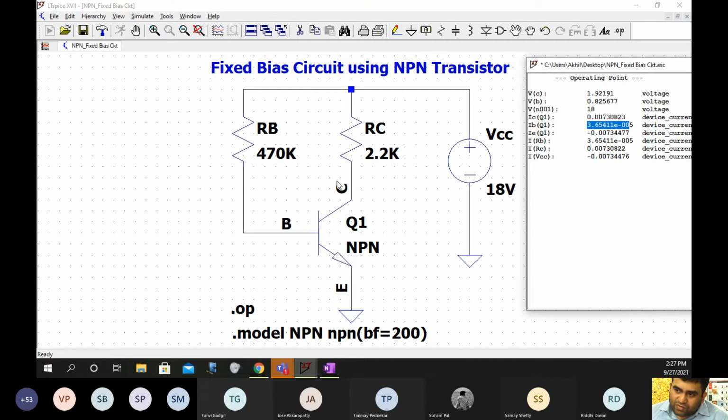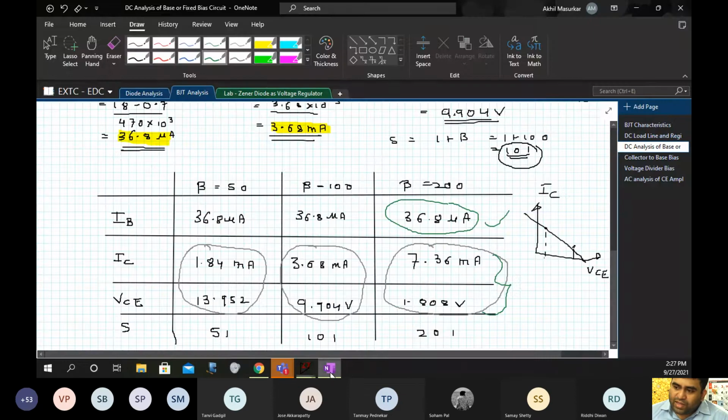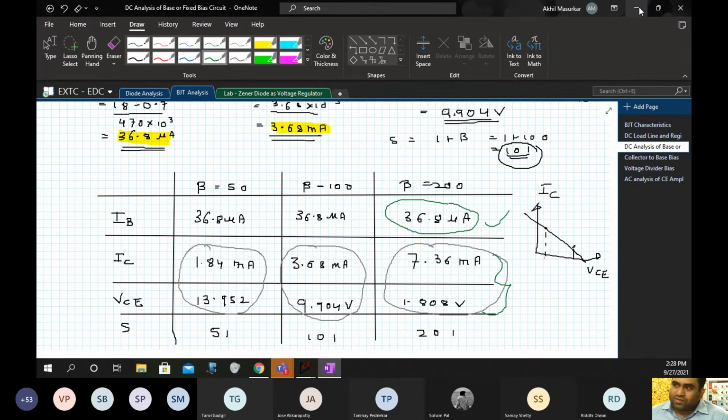So V of C itself is VCE. So V of C is 1.92 here, and as per our calculations, it is 1.808. So there is a slight deviation, not much, but a slight deviation is there in the output.